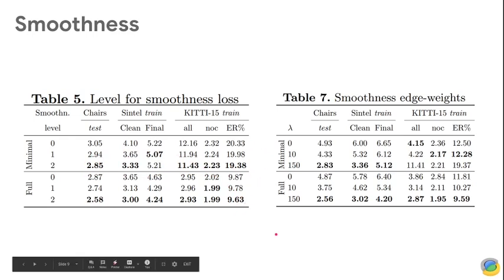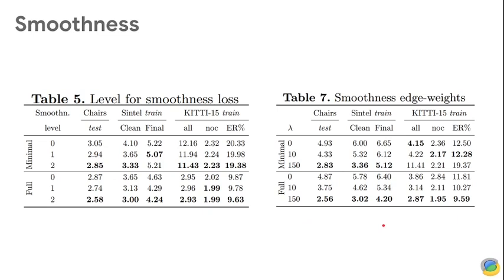And then the second table we can see here is looking at the different edge weights that can be used for edge-aware smoothness, where we basically weight smoothness by RGB edges. Here, lambda is what is controlling the edge weight, so 0 means there's no edge weight, we're basically just applying normal smoothness. 150 means we have a quite strong weight on the edges and only enforce smoothness where there are no image edges. And we generally see that edge awareness is very important as it achieves lower results, especially in